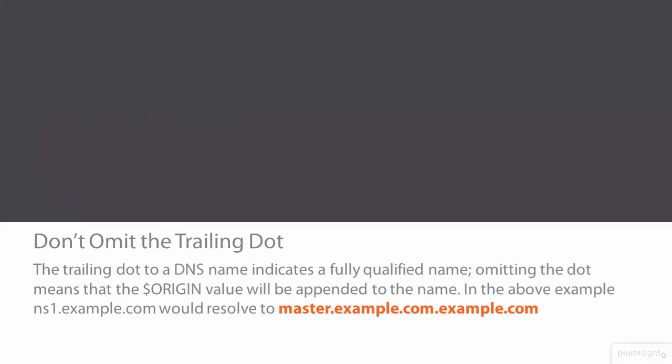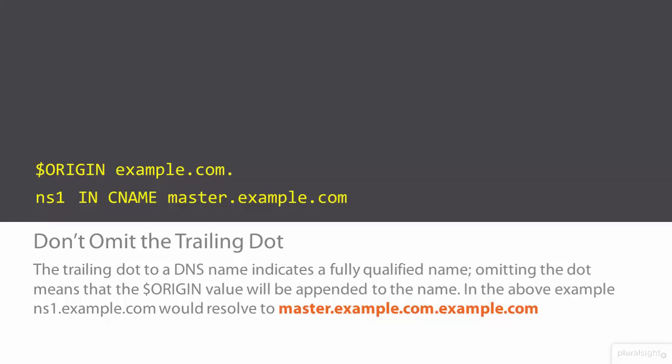Now, when we've been looking at web2 and web3, we were omitting the trailing dot. What that means is if we just have web2 or web3, then we're going to append the value of $origin at the end. But where we are setting fully qualified hosts, such as in our CNAME records, we want to make sure that we put the trailing dot. If we look at this example here, where we've got $origin example.com dot, and then we've got our NS, with that we want to append example.com dot. But then the canonical name that we're pointing to is